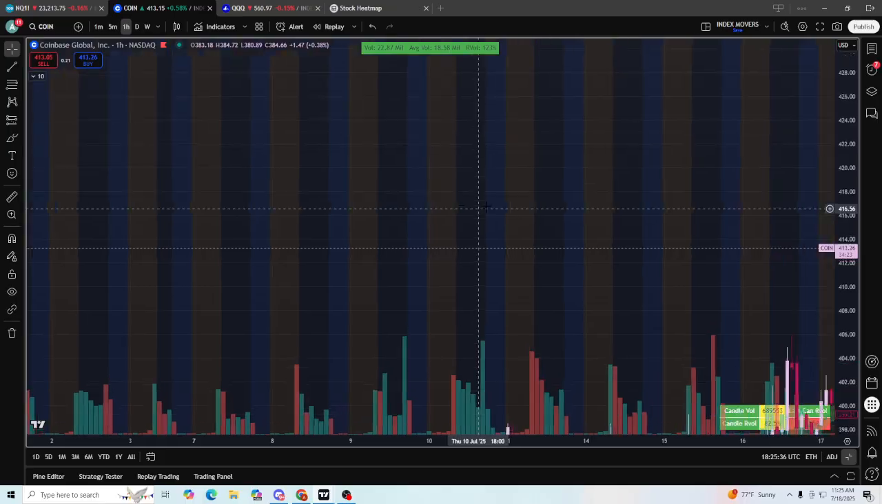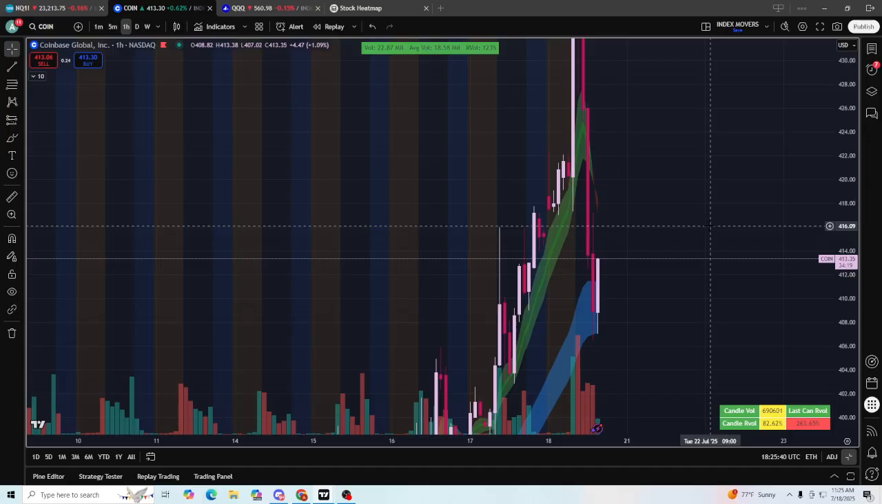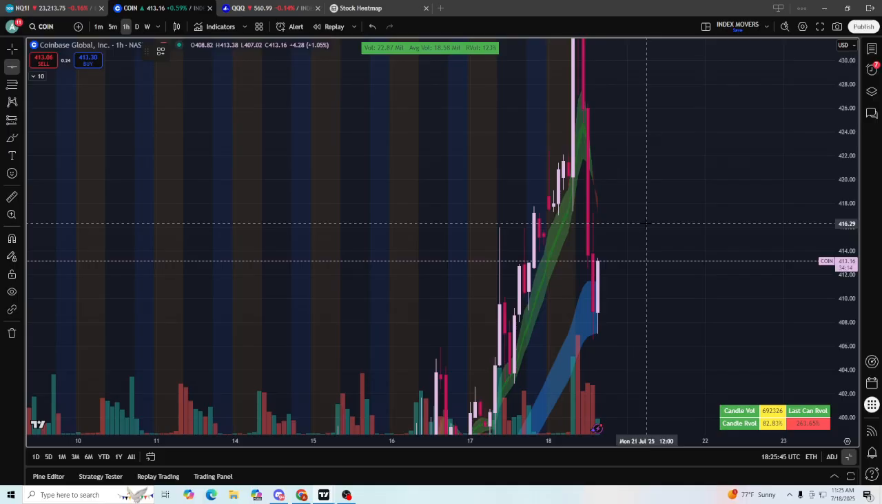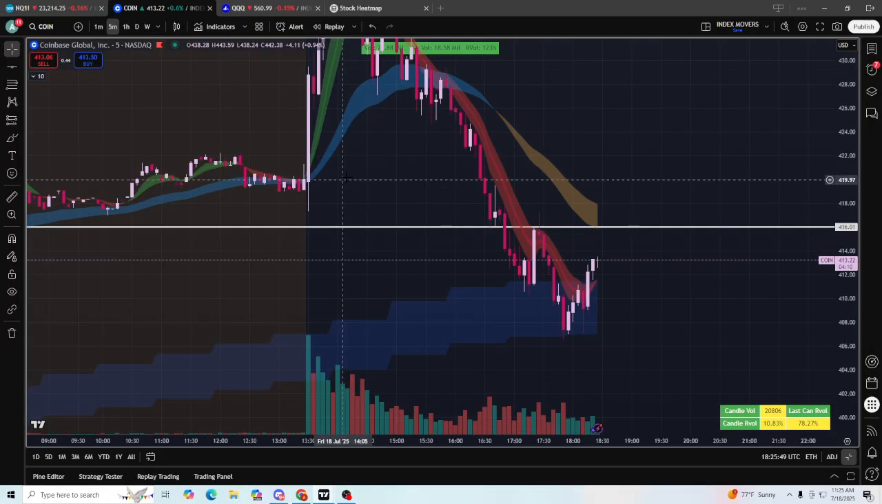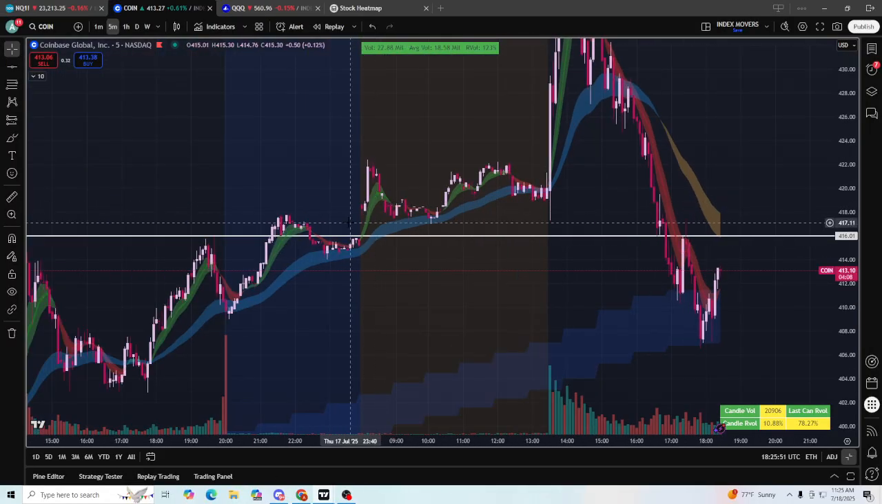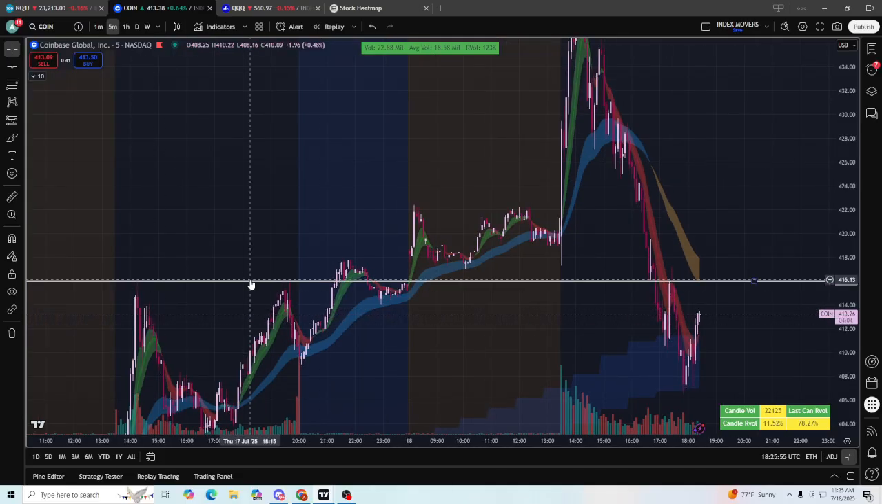Let me go back to the cursor. So we're on the hourly, right? So basically, let's put this. So that was yesterday's high. So let's go back down to the 5-minute. Now, as you can see, we built over this hourly high,